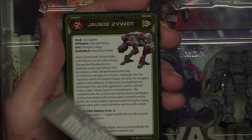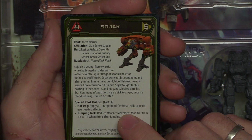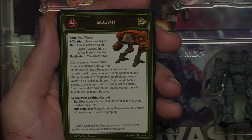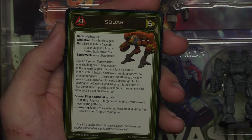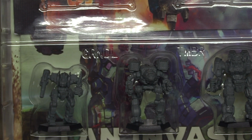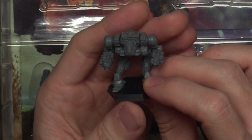So it's pretty cool. And finally, we got Sojak from Smoke Jaguar. Not my favorite paint scheme there, but some Smoke Jaguar guys are probably like, I like my orange and yellow, get out of here. All right, so let's get into the model here, the Nova, and you can see why